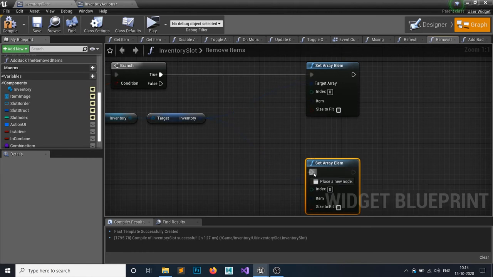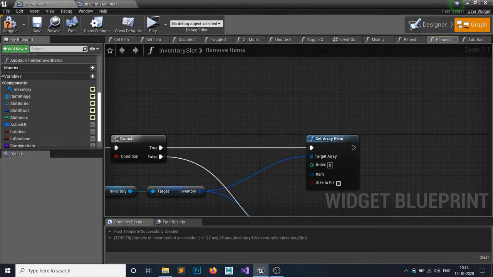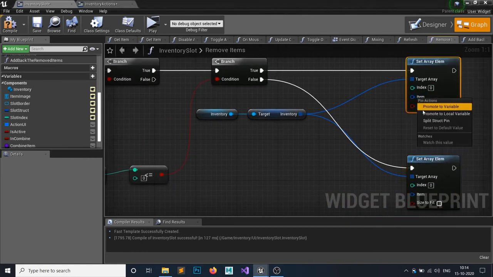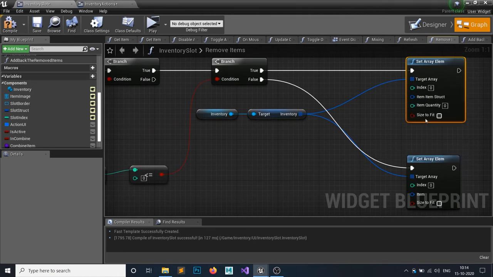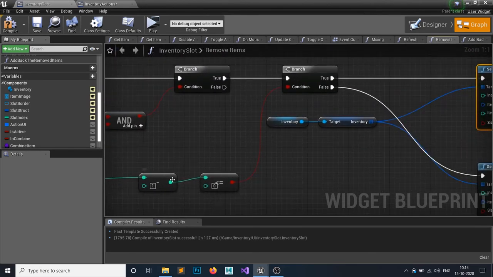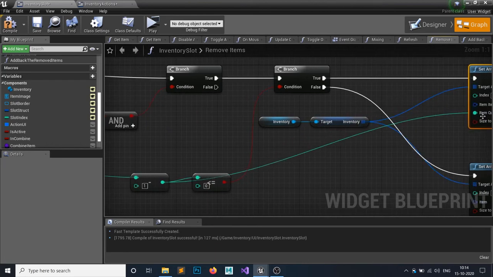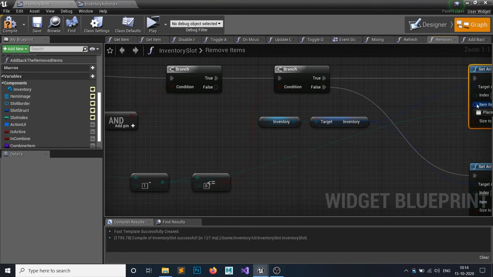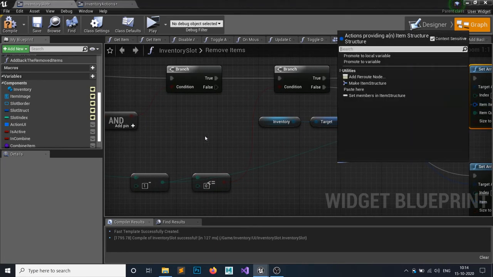But if it's true, then we want to set our item. So split this item. The quantity would be the current quantity -1. So this quantity would be here, and the item structure.